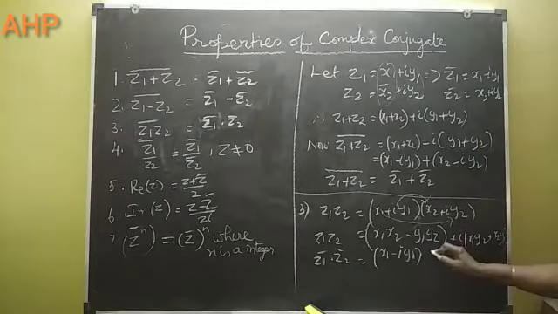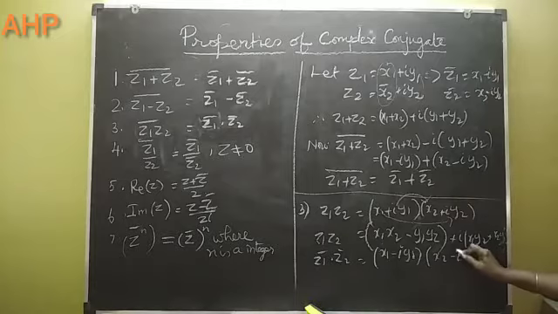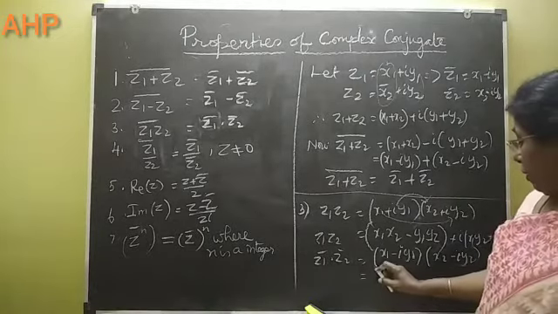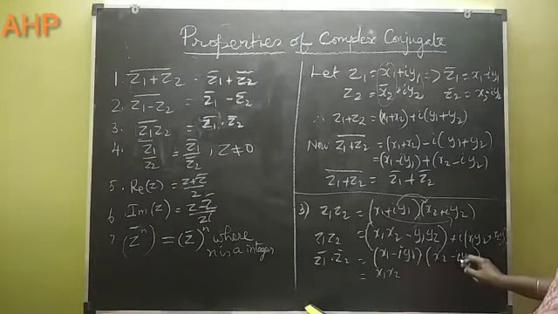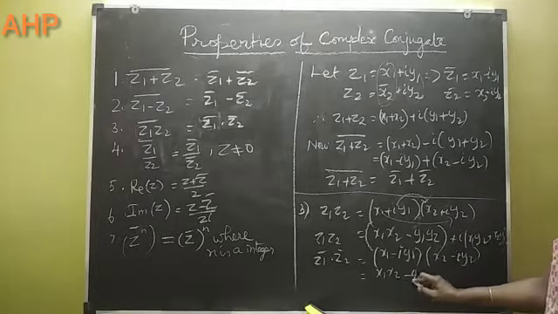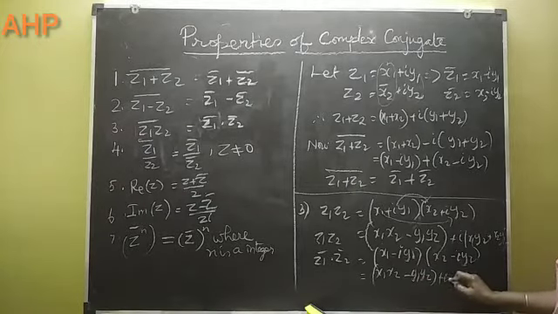The value of z2 bar is x2 minus iy2. Now multiplying these two, you will be getting x1 x2. Now minus into minus plus i square, that is equal to minus 1. So minus y1 y2 plus